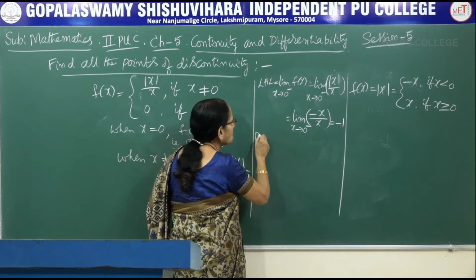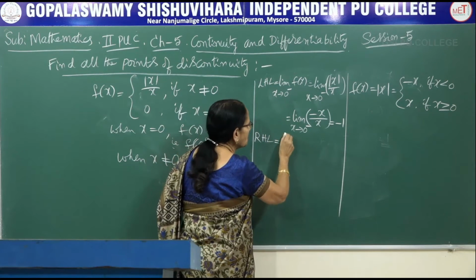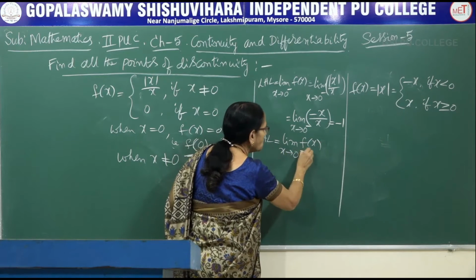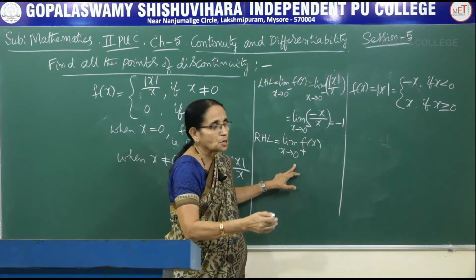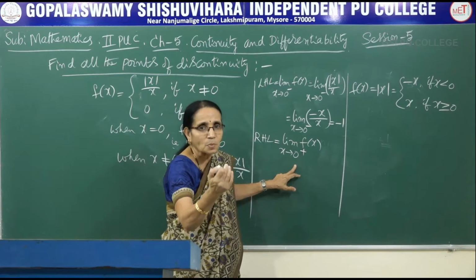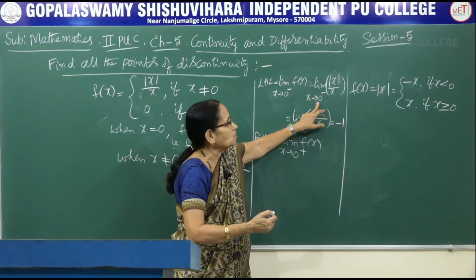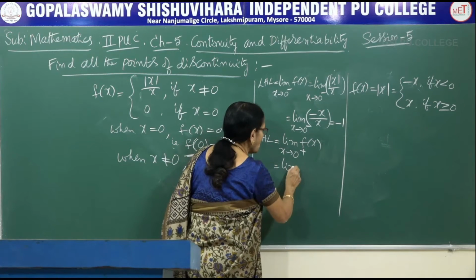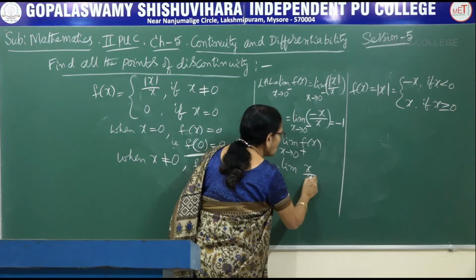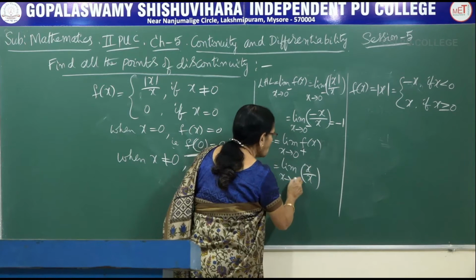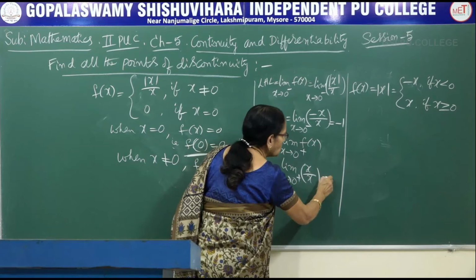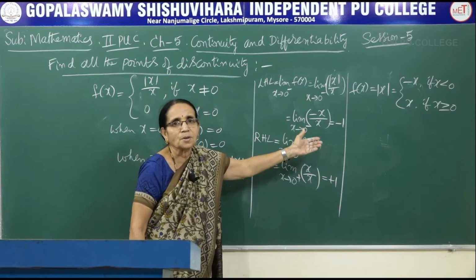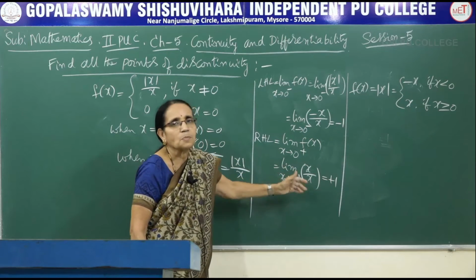Now come to the right hand limit. Right hand limit means limit of f(x) as x tends to 0 plus, that is 0 has been approached through the values more than 0, from the positive side. This is from the negative side. So how is the function defined? It is plus x, that is limit of plus x by plus x as x tends to 0 plus. Plus x by plus x, what is the value? It is plus 1. What did we get here? Left hand limit was minus 1. Right hand limit was plus 1.